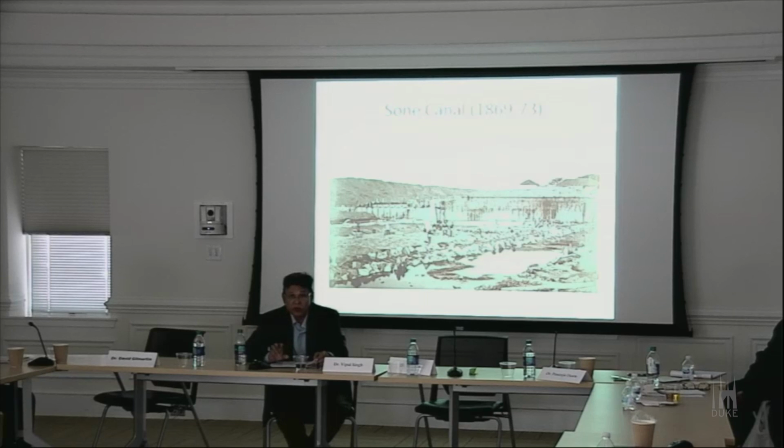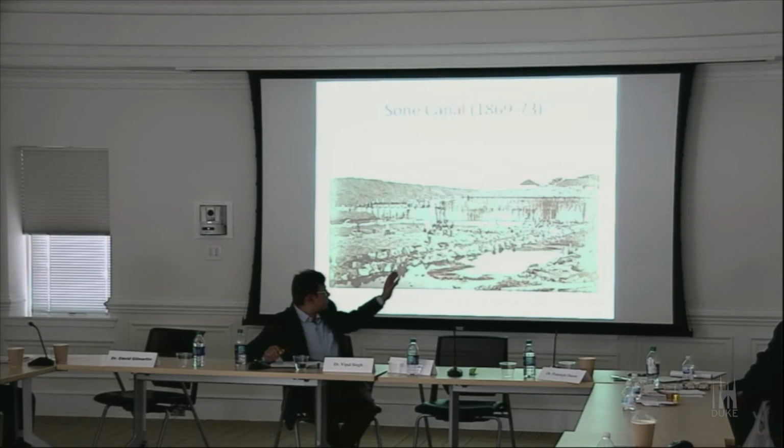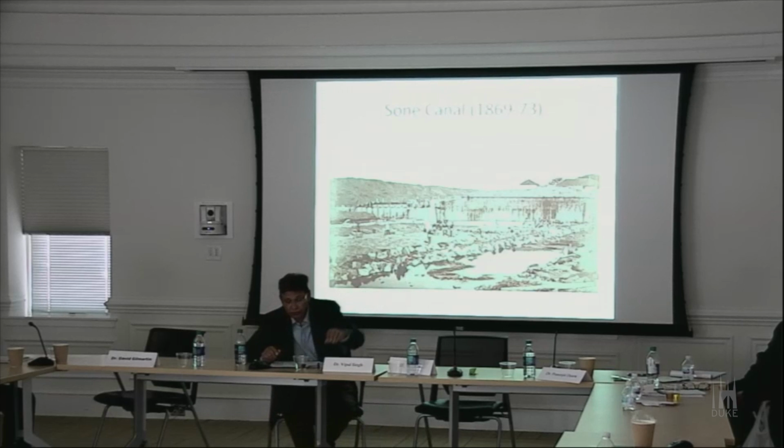Now, due to the revolt of 1857, there was a massive revolt against the British East India Company in 1857. This Son Canal scheme could not immediately take off, and it was then in 1869 that the government hired the Irrigation and Canal Company to construct the Son Canal. So an anicut was actually constructed at Dehri on Son in the Shahabad area of Bihar, and from here the water was taken through the canals to Patna and Gaya.